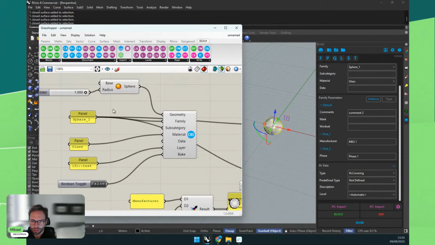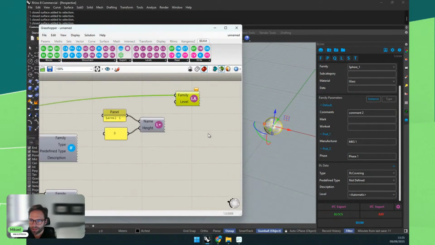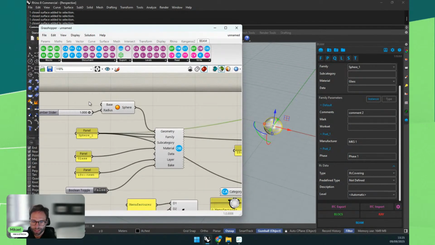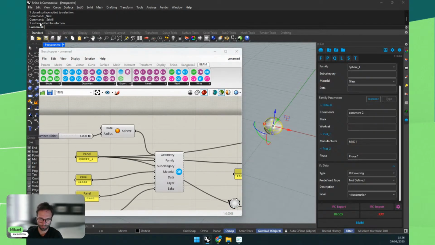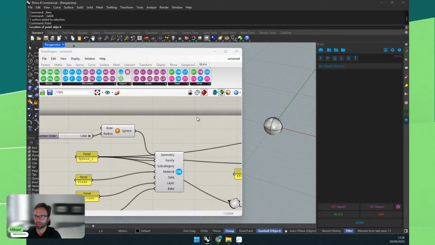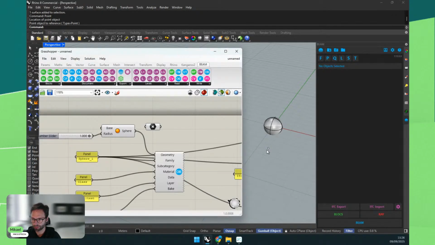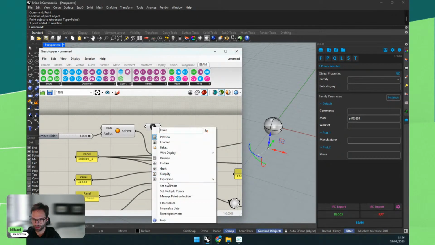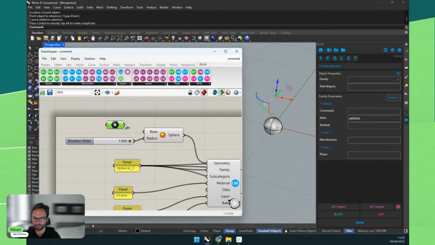So for example, this is sphere 1. Okay, so this is my family. And then let's find the level, actually. We have the point as the base, no? So let's actually draw a point here. I'll select this point, select set one point, like this. Perfect. If we move this point, it should be fine. I'll use this as a base.